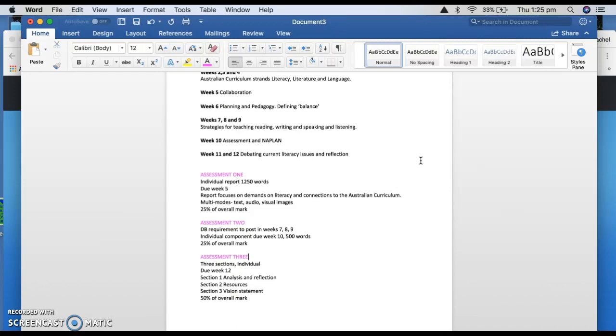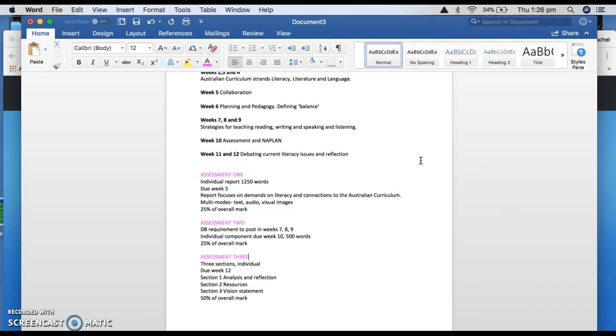Assessment 2 is great as well because it gets us all onto the discussion boards in week 7, 8 and 9, talking about reading, writing and speaking and listening. So you are actually required to post. It is a requirement, not something that you can just choose to do like it is in other weeks. You actually do need to post twice in weeks 7, 8 and 9, because you're going to remark about what you've learnt about a strategy about reading, writing and speaking, listening in those weeks,